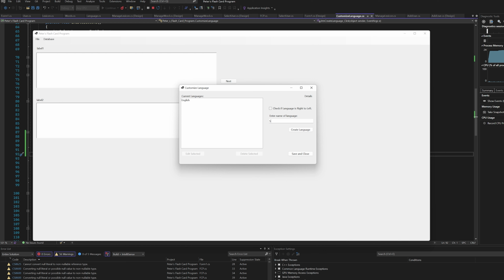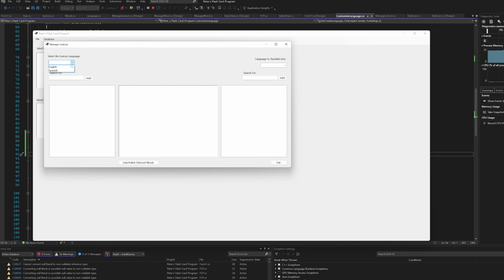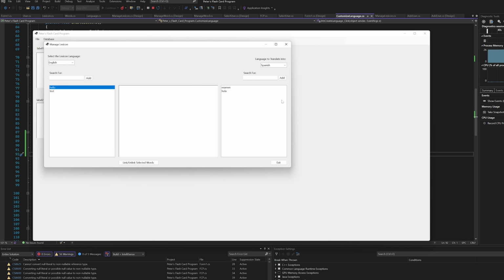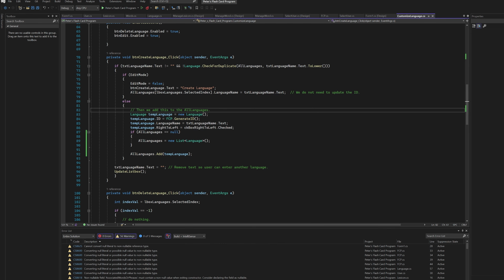Let's see, English is now created. And we'll create Spanish as well. Save and close. Now let's come over to Manage Lexicon. Do English, we will do hello. And I need to set up where enter automatically adds. That will be for the future. And we will put test as well. We'll add that. Save that. Now we want our Spanish over here. And we'll do hola. Add that. Save that. And we'll do examine. Save that. Now, hello and hola get linked, and test and examine get linked. So now we can exit out of here. Close this, come back over,